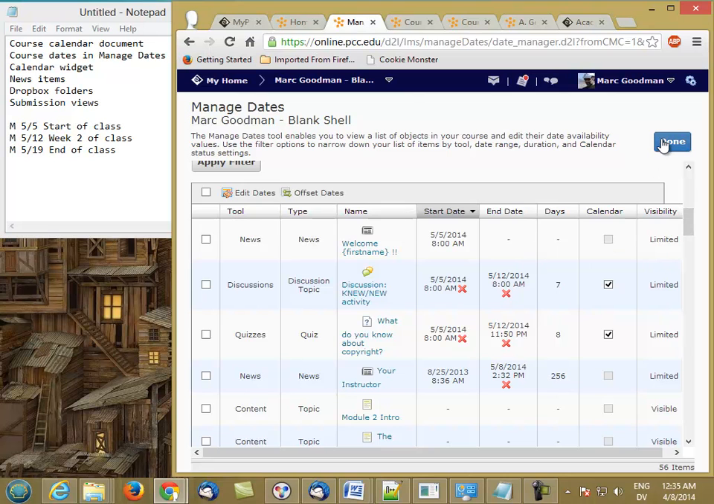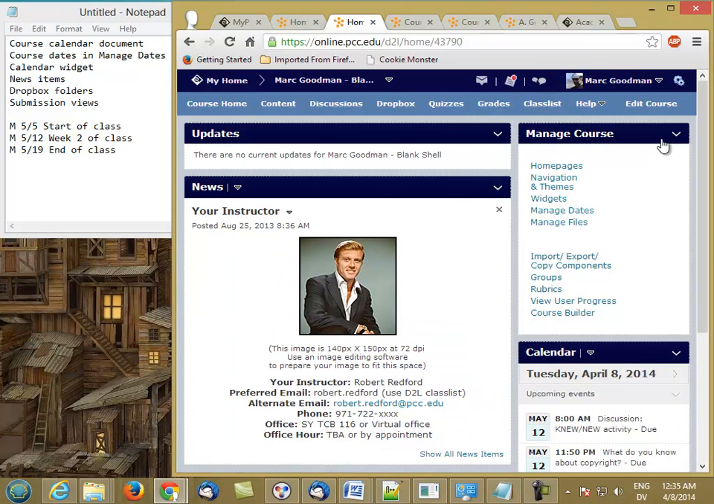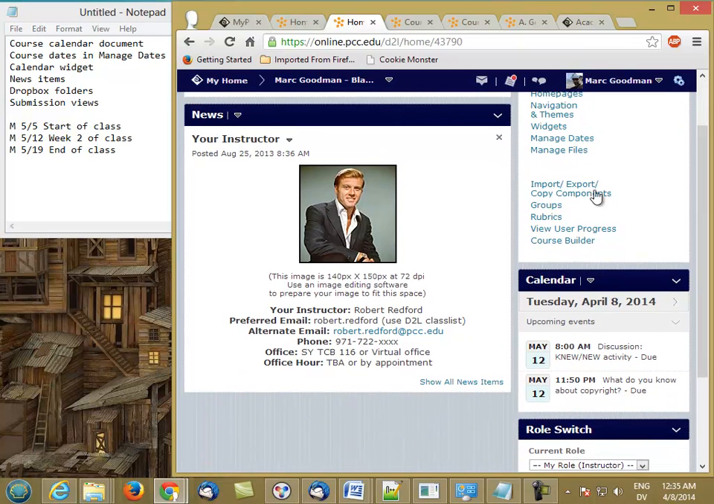Those dates have all been adjusted, but unfortunately there's some other dates that don't actually get set correctly inside of the Manage Dates tool. And so I have to manually adjust those myself. So the next place I'm going to go is the calendar widget that I mentioned before, which is available on the course homepage. If I just click on calendar,